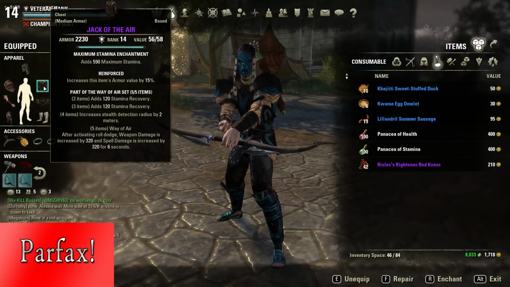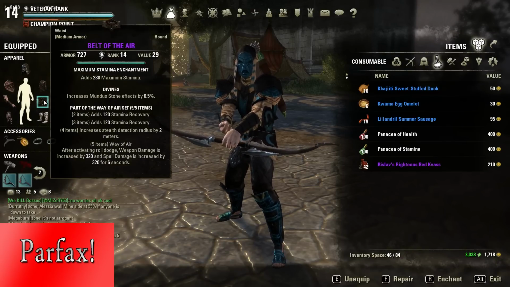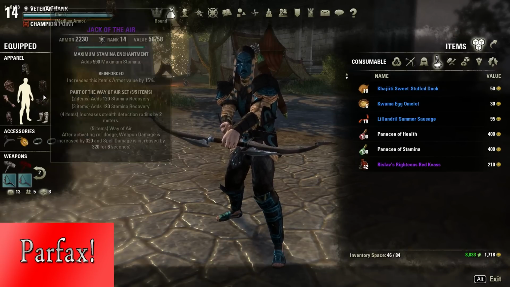Belt, chest, head, shoulders, gloves. Okay, very cheap, very much cheaper than the Skirmisher set, which a lot of people are running nowadays. Okay, now here comes the expensive part of the build. The reason why I'm running Air instead of Skirmisher